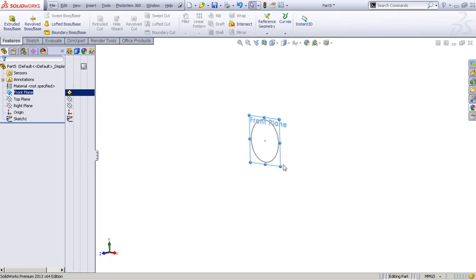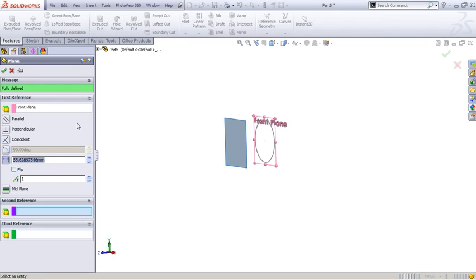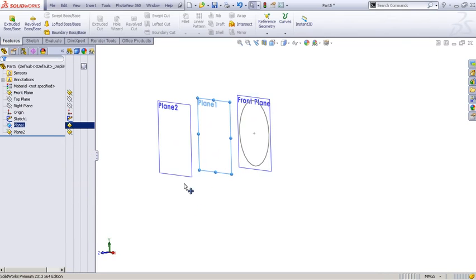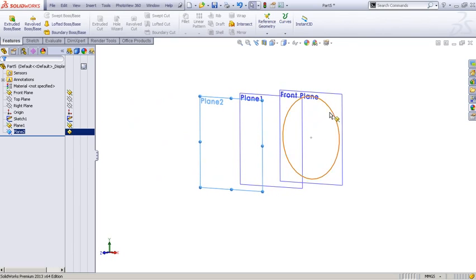hold the control button if you are using a Windows operating system. So click and hold and drag. Now we made another plane. We'll set the distance about 50 millimeters and say we want one more. We can duplicate it. Accept this, and on this plane we will want to create the same circle as we